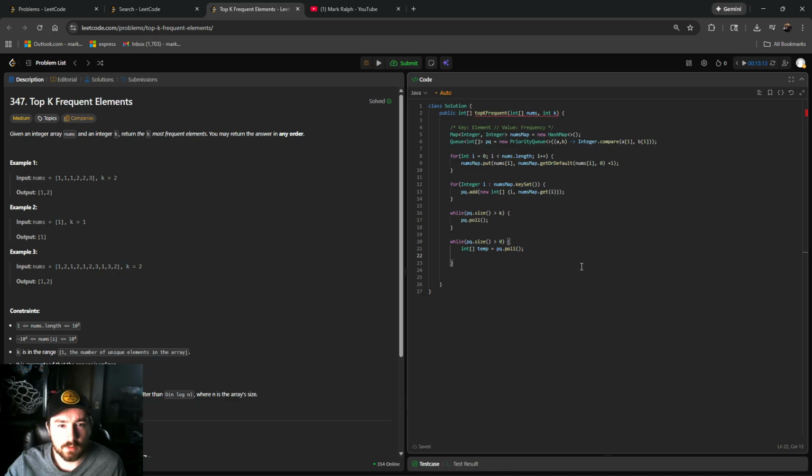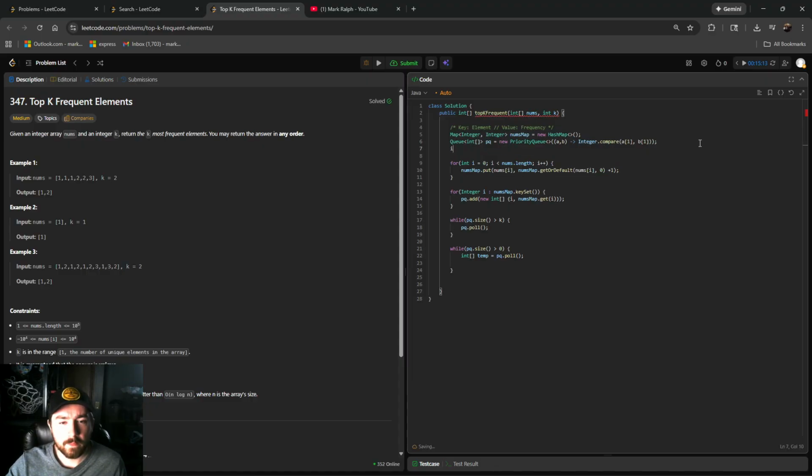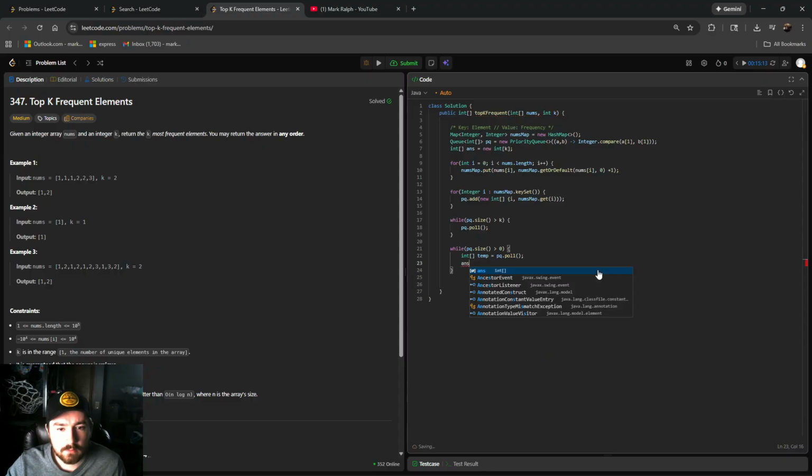And then let's do our answer here. We'll go ahead and make this int equals new int, that's size of K. No, you know, we need to do a